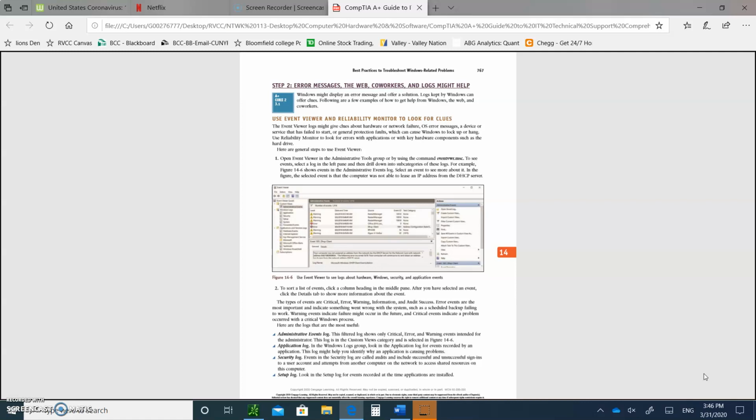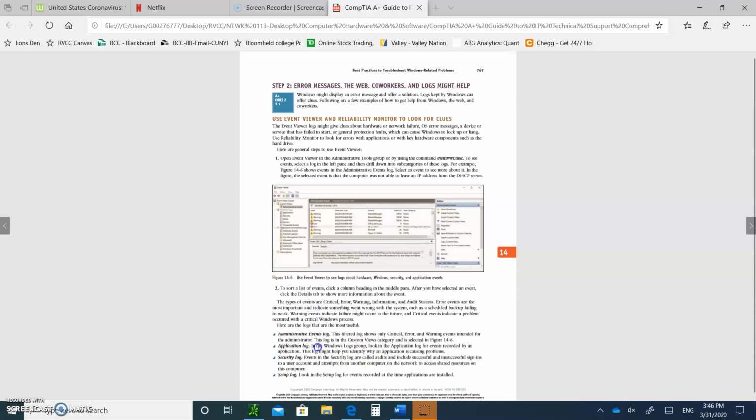So write this down when you're looking for error messages. Number two, you open the Event Viewer in the Administrative Tools group. And I want you to write all of these down here. Starting with the administrative log, that's going to show only critical errors and warning events. The application log is going to show the events that are recorded by an application. The security log, which sometimes is called audits, includes successful and unsuccessful logins. The setup log is the events that are recorded when an application is first set up. The system log is